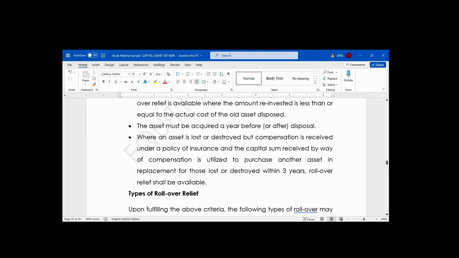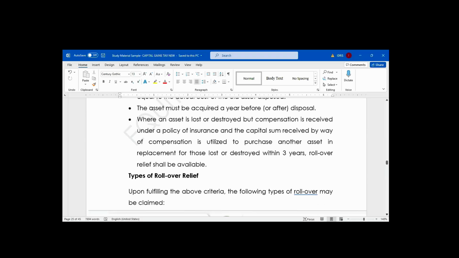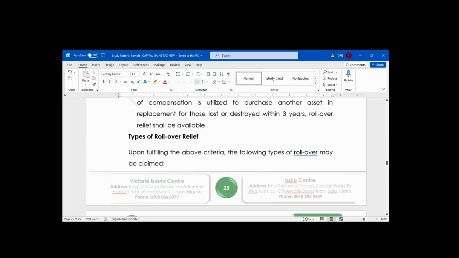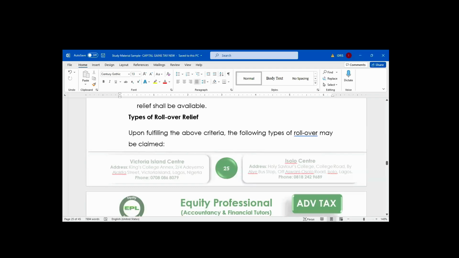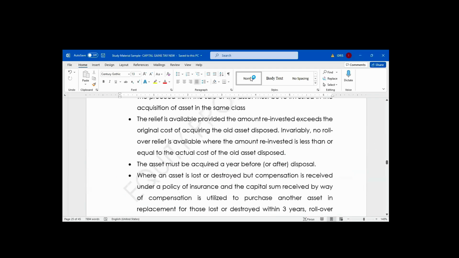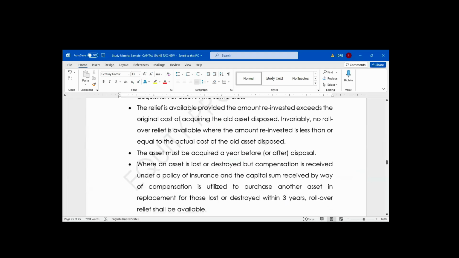These are the conditions for granting rollover relief. Now, what are the types of rollover relief that we have? Excuse me, sir, can you repeat that sentence again? You said when a capital sum is paid by an insurance company. When an asset is lost or destroyed, but compensation is received under a policy of insurance by way of capital sum,